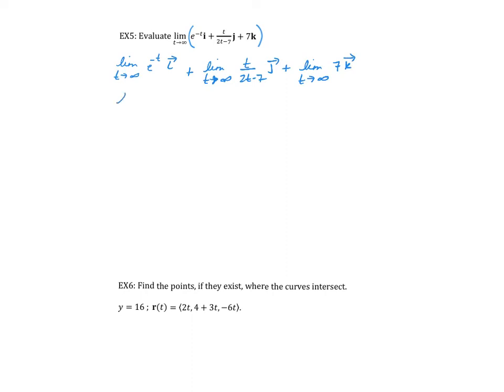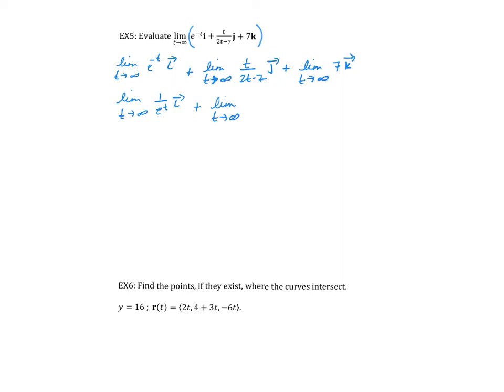Now the first one, it's easier for me to see if I get rid of the negative exponent and write this as 1 over e to the t, i. Now I can see as t goes to infinity, that denominator is just growing huge. So the whole fraction, 1 over infinity, is actually approaching 0. In this second